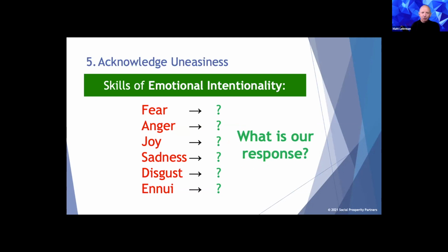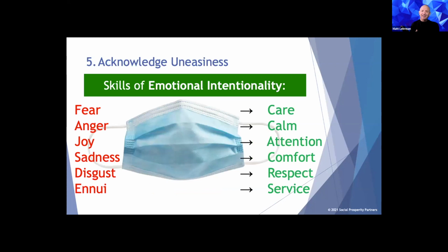So the question that you should be asking yourself, for you and for all the members of your team, for everyone associated with your organization, board to volunteers to staff, everyone, is what is our response when we encounter people who are demonstrating to us that they feel fear or anger or joy or sadness or disgust or ennui, being boredom or annoyance? What is our response? I'm going to make this really practical for you, because the skills of emotional intentionality are best displayed as we deal with